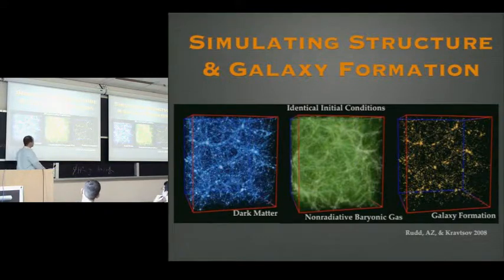And in the last case, we added the things that tend to be a lot more fishy, but that tend to actually give you galaxies, which are prescriptions for how the gas cools, how it forms galaxies, what supernovae feedback there is, things like that. We didn't explore any parameter space with respect to that model. It's impractical to do so right now. But we just have one example of what such a model might look like. So that's the basic idea: 3 simulations, 3 different sets of physics, probably something like this last one being closest to reality, because there's observational evidence for galaxies.